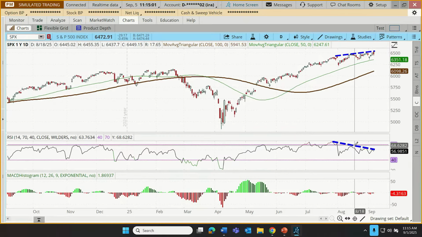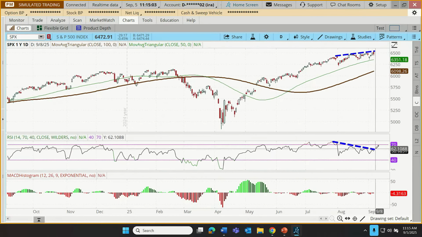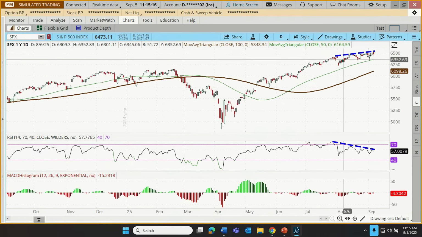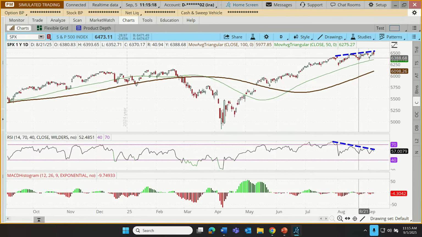This looks like a divergence, and to some, that could just lead to a bit of a pullback. It could lead to a reversal of the trend entirely, or it might be a big fat nothing burger. But let's say that our trader's still bullish, maybe just not as bullish at this point. Still planning to place a bullish trade, but maybe they size down that intended position a little bit.